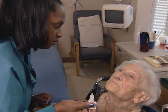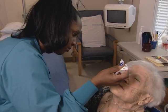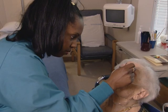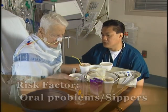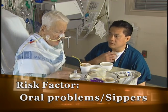Our nursing home patients have a unique set of problems. A lot of them clearly will be frail. They're dependent on other people for their day-to-day care, which includes nutrition and hydration. Some of those things also apply to hospitalized patients, where you can't just tell them to drink more and expect that to happen. They need, first of all, assistance in bringing them fluids, preferably things that they enjoy to drink,